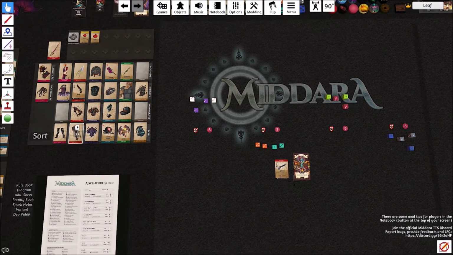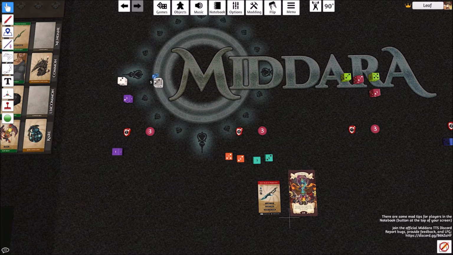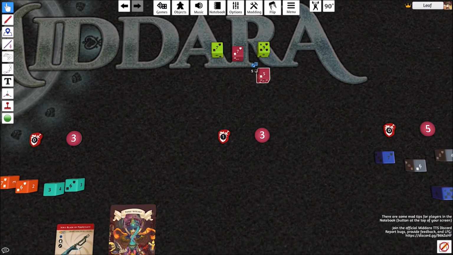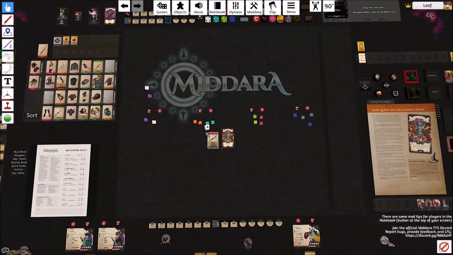Alright, last card. So this is another 3, 3, and 1. We'll see what we get. Alright. We'll grab these 2 and see what happens. Grab this and this, and we'll see what happens. Alright. Just one shield short, sorry, so that one's eliminated. And then this one's going to take a lot more than 2 damage, so I get nothing. Alright, well that was